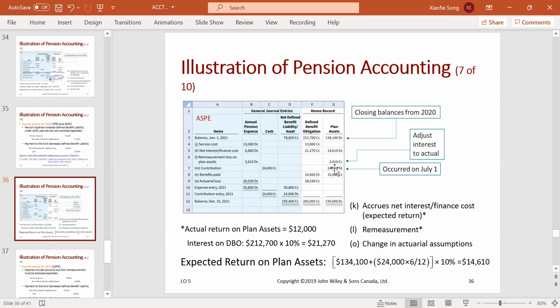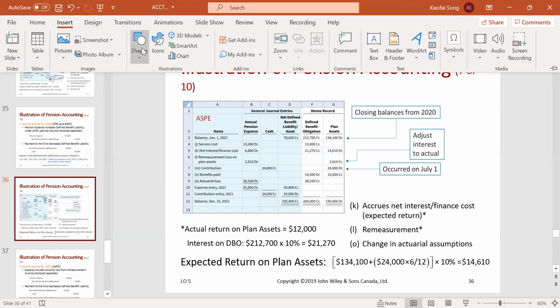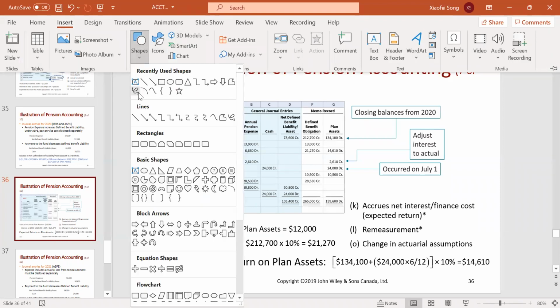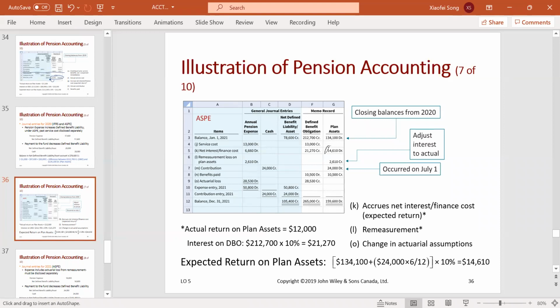This time it's a credit because the expected return is higher than the actual return. So we actually have a remeasurement loss. Okay, so the net of these two would ensure the amount included in the plan assets